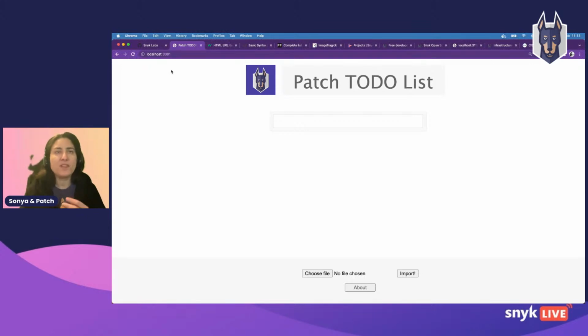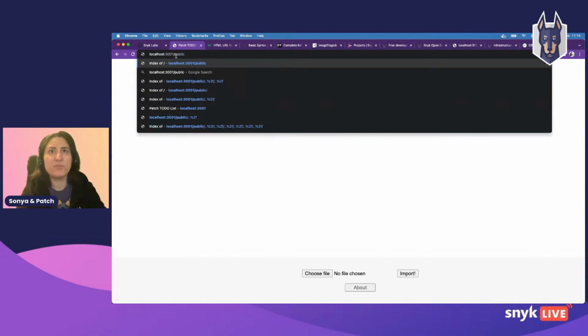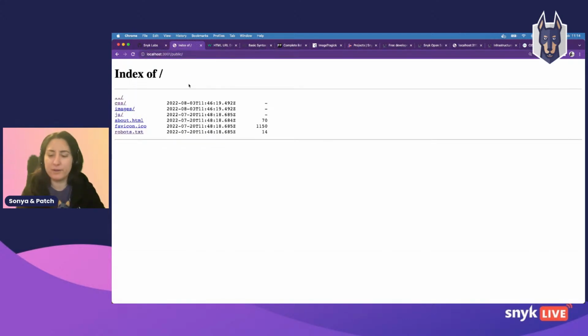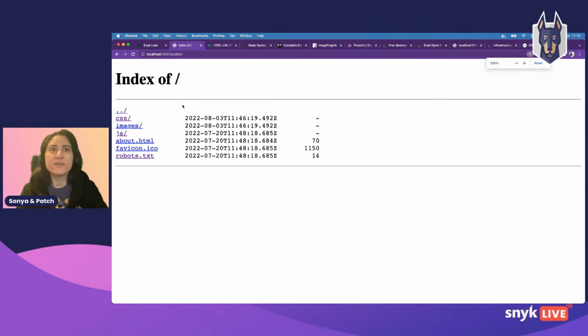The idea here is, as an attacker, I would like to reveal some sensitive info. I'd like to learn a bit more about the application, potentially the architecture, and try to find some sensitive info, like some credentials or passwords. This could help me to further attack the application. So let's have a look here. I'm just going to put public, for example. Oh, interesting. Okay. So here I can have access to a few folders.